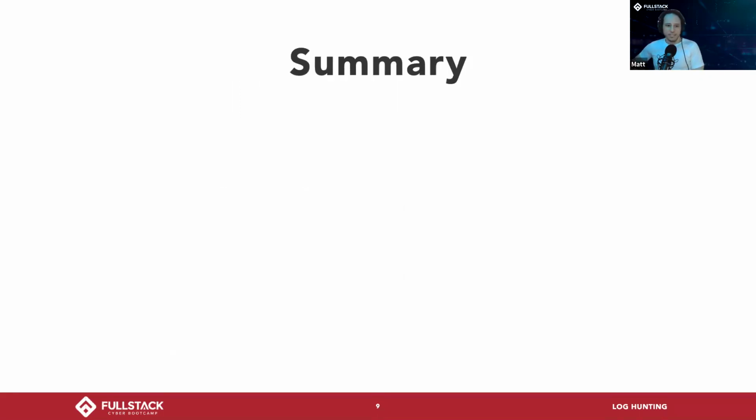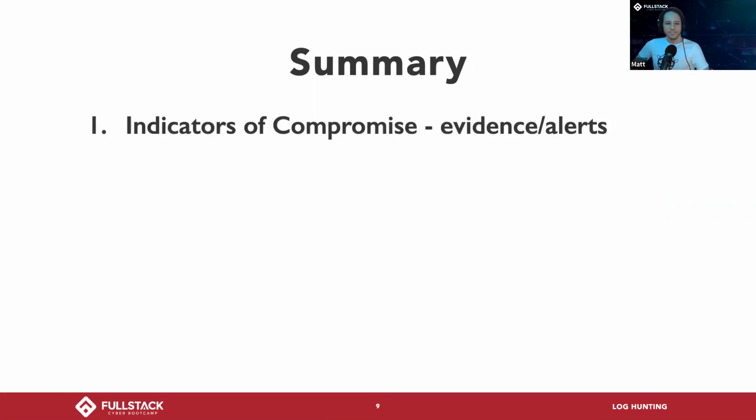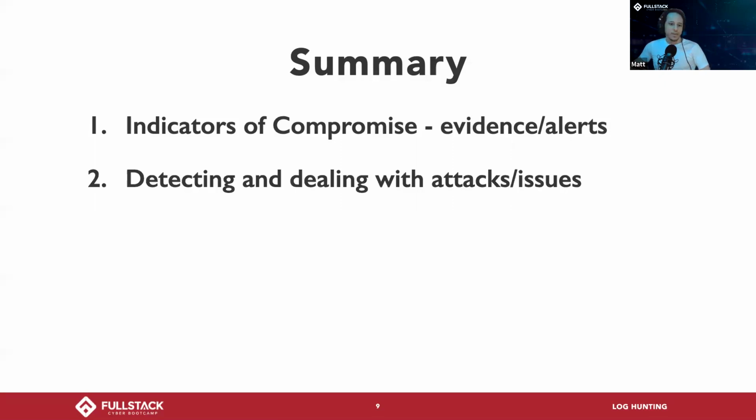So the summary of all of these logs that we've been looking at: what are indicators of compromise? You guys now should have a great answer for this. You should be able to describe what an indicator of compromise is and give me specific examples of indicators of compromise, both physical real-world ones and digital cybersecurity ones. So if someone asks you, hey, what are some indicators of compromise to look for, in an interview, you have that answer. You have answers for how do you detect and deal with attacks. Essentially logs and looking for anomalous